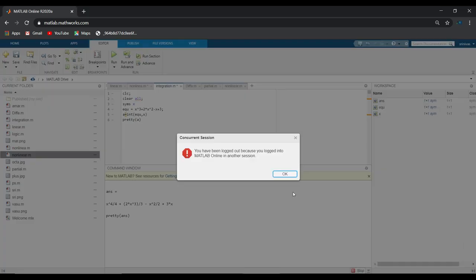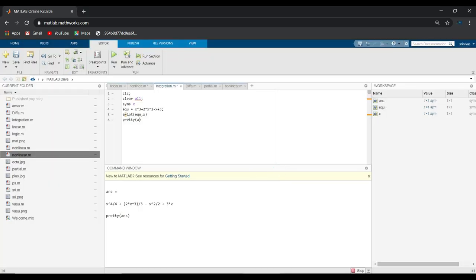So if you see here, quickly revise: equation, int, followed by pretty. Whenever I perform integration, the integral of x to the n is x to the n plus 1 by n plus 1, right? So x cube is given by x power 4 by 4. Next, 2x square is treated as x to the 2 plus 1 by 2 plus 1, so 2x cube by 3. Next, x is treated as x power 1, so minus x square by 2. Then 3, which is x power 0, gives 0 plus 1 by 0 plus 1, which means 3x will be added. In this way, it is evaluated.